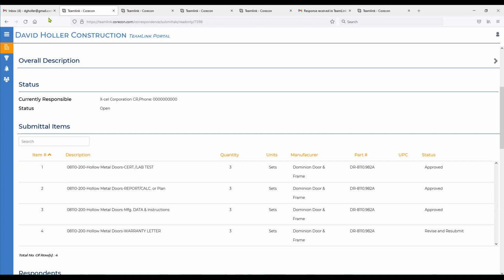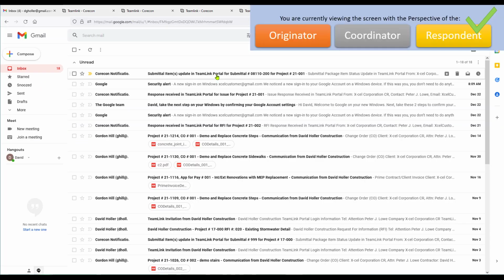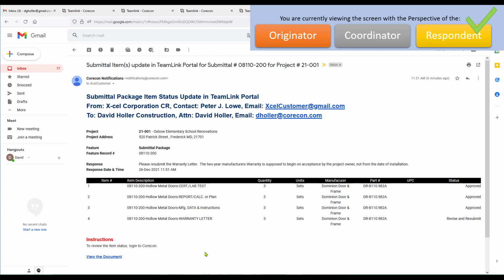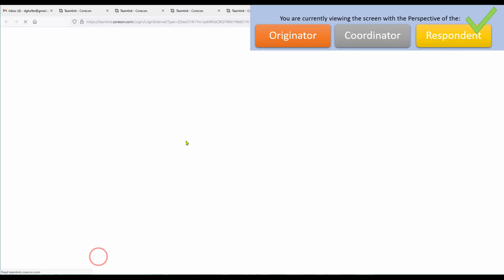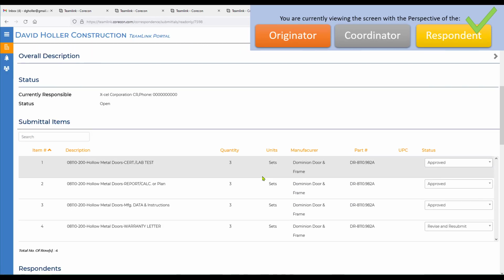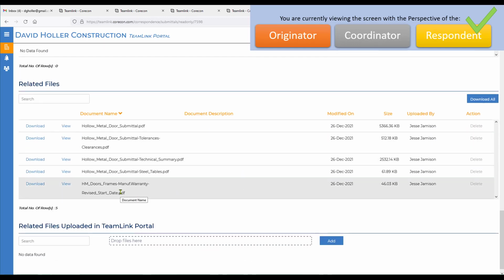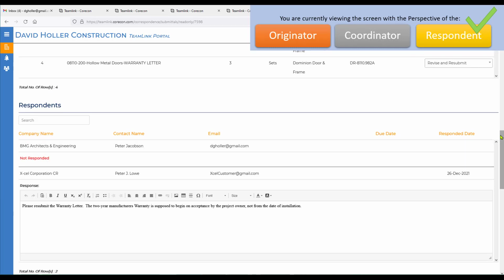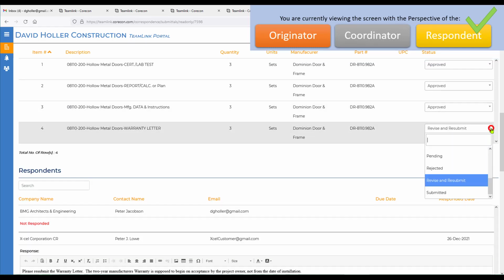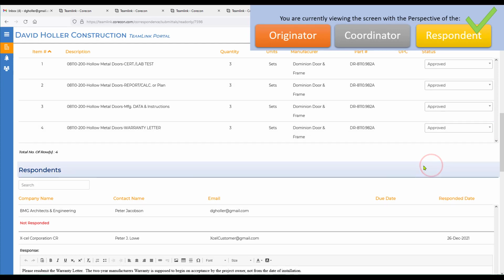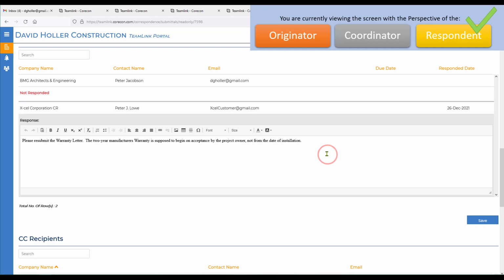So now let's switch back over to the respondent's email, and we can see there's been an update to the submittal. So they click View the document, confirm that the warranty is as expected, and then they can go up and revise and resubmit, or in this case we'll just mark it approved. And we'll add to the comments